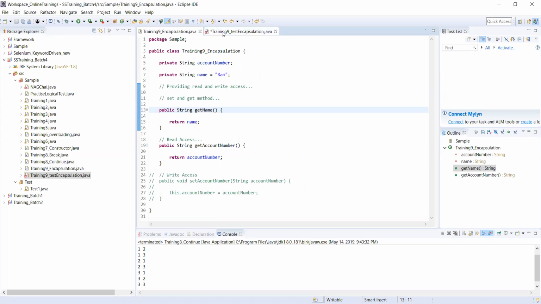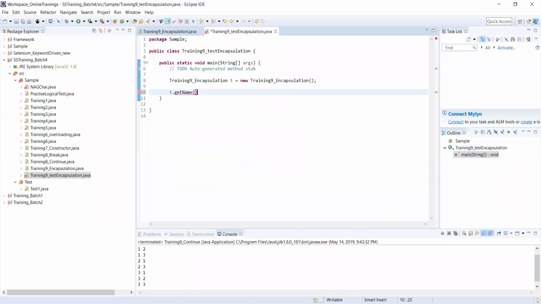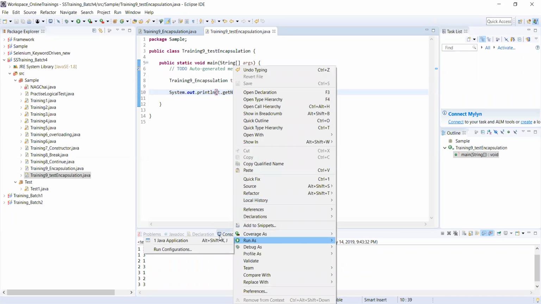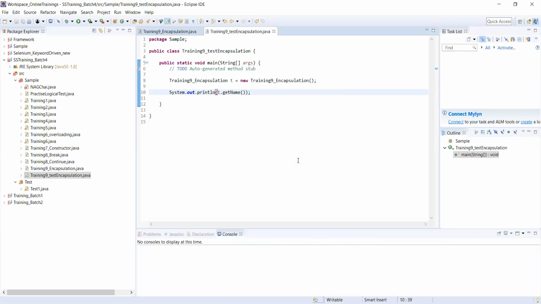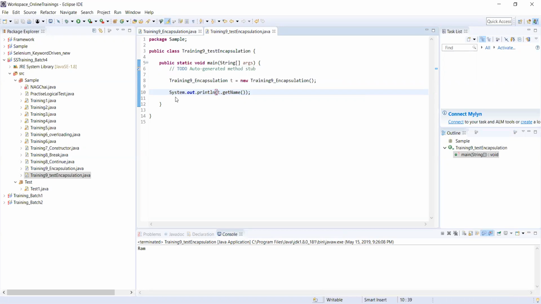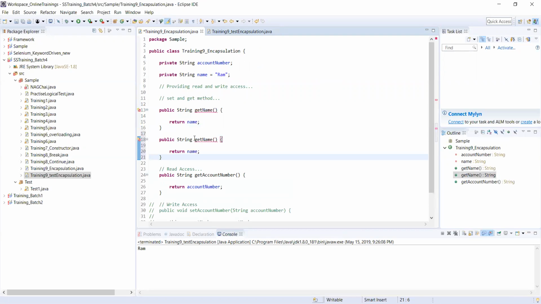Okay. getName. If I just do a getName, this is out. So what will happen? Now if I provide write access to this, instead of setName,